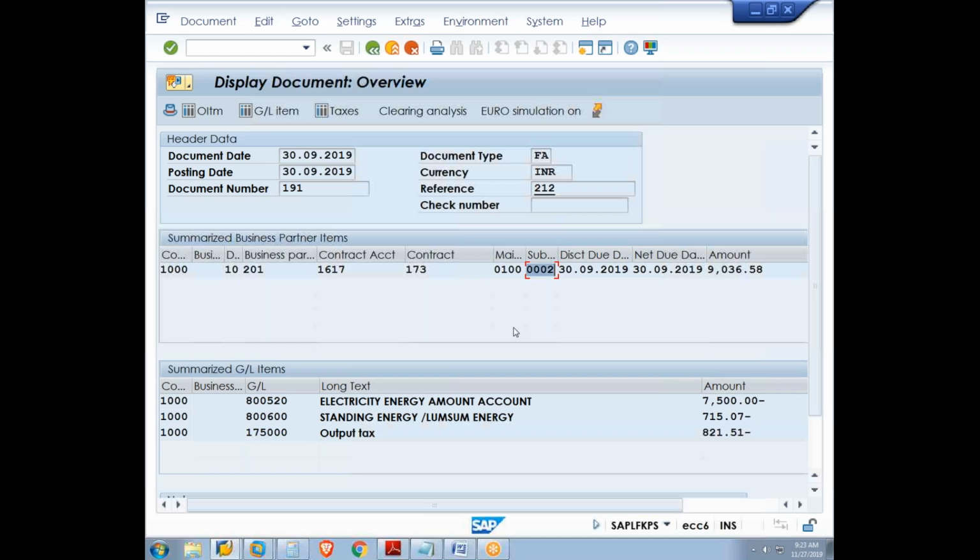This 0002 is a sub transaction that has been assigned internally to 0020 in the settings, like what I showed yesterday. Because of that internal sub transaction, it will aggregate the value and then debit the contract account. So in total, this contract account has to pay an amount of 9036. So a FICA document is posted, and this amount will now be reflected as the open item in the account balance. So if you go to the open account